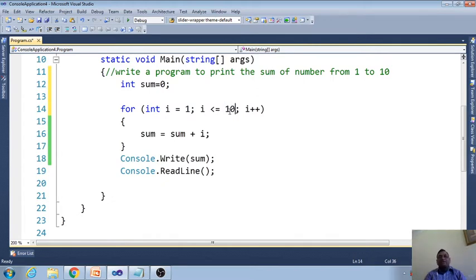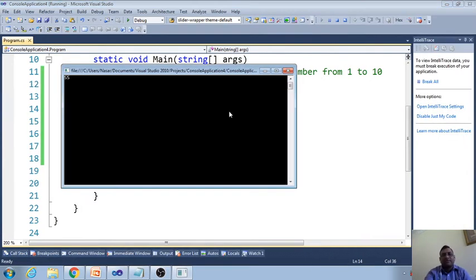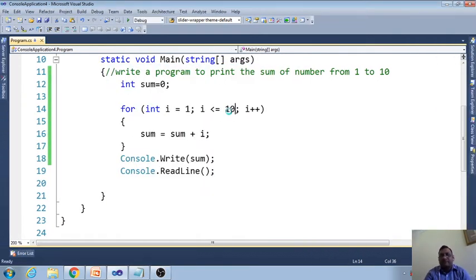When the value is given, there is no need to declare the variable. If you run this program, you will get 55. If there is n, we need to declare the variable and take the data. If no n, then we directly fix the value. This is one program related to finding the sum.